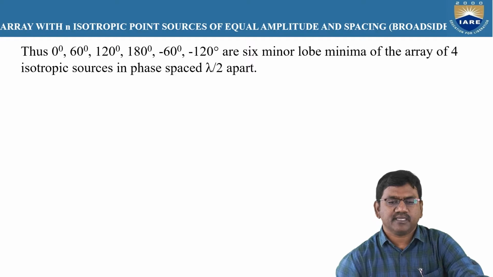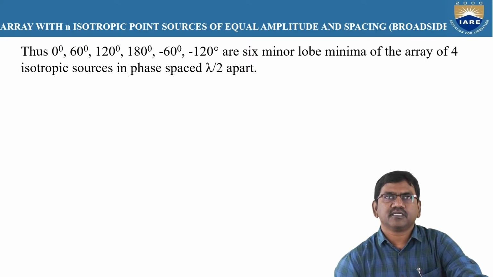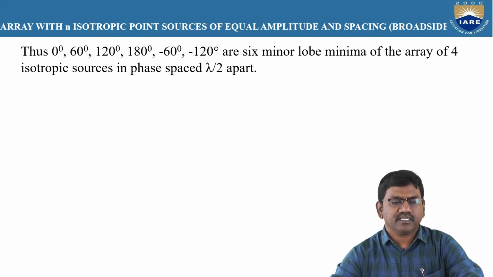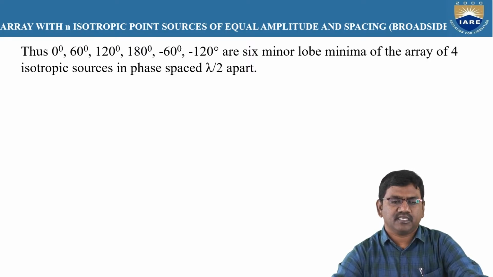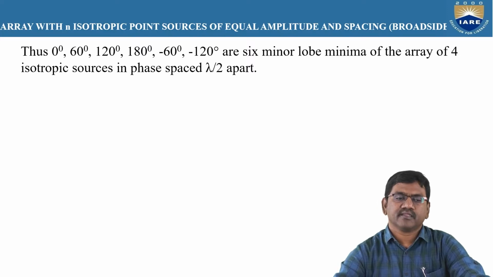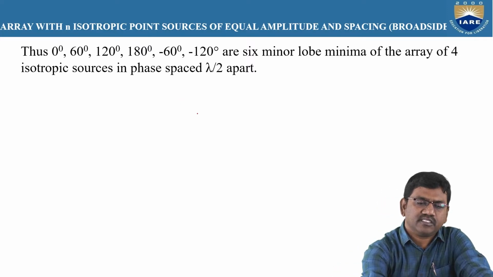So these are the 6 minor lobe minima. That means 0 degrees, 60 degrees, 120 degrees, 180 degrees, minus 60 degrees, minus 120 degrees are the 6 minor lobe minima of the array of 4 isotropic sources in phase, spaced lambda by 2 apart. Right? So if you draw the radiation pattern for this,